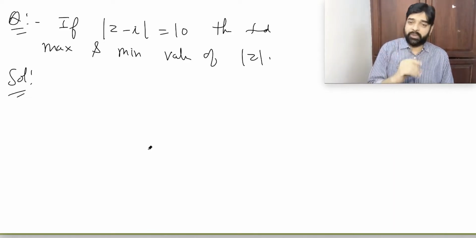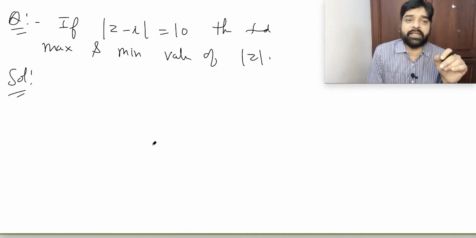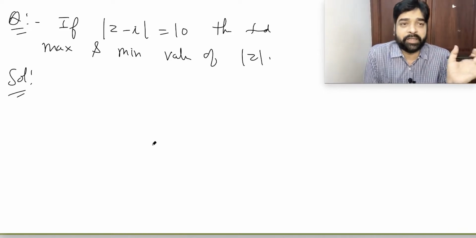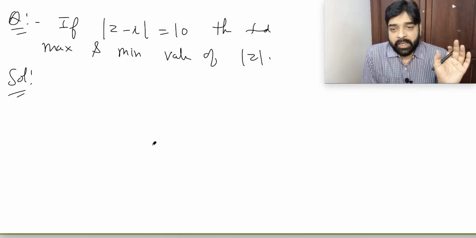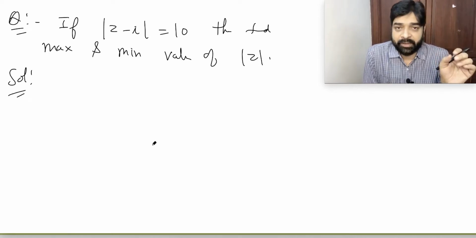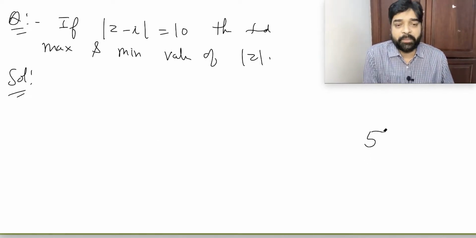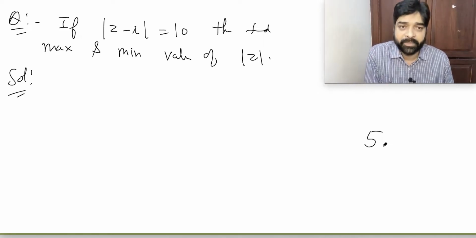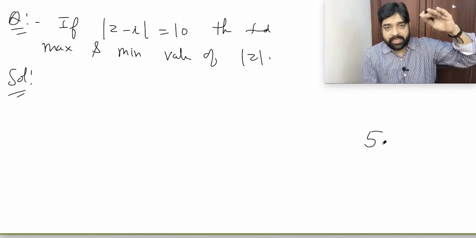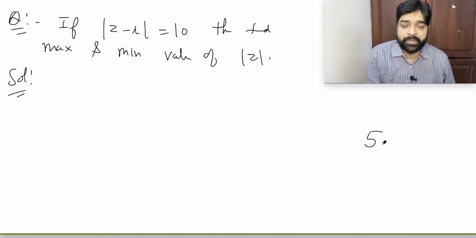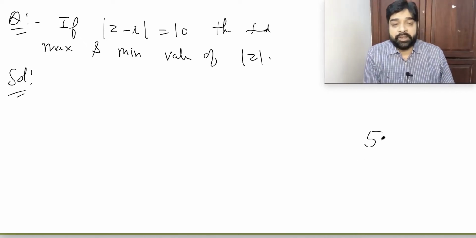Now, it's a simple question. We'll see many ways of solving this question, but first understand the meaning of the question and what exactly I'm trying to tell all of you. When we talk about the maximum and minimum of anything, that quantity must be variable. If any quantity is constant, you will not talk about the maximum or minimum value. Suppose I'm asking what is the maximum and minimum value of 5? This is a stupid question. How can you talk about the maximum or minimum value of 5? 5 is a fixed number. Only if something varies do we say it has reached maximum or minimum. So nobody will ask you what is the maximum value or the minimum value of 5.